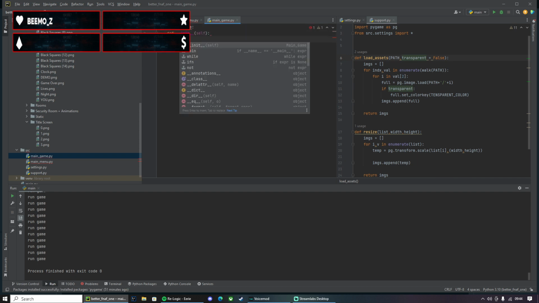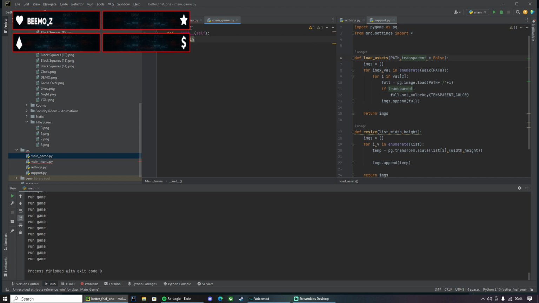Initialize self.win equals pg.display.get_surface. And I need to import Pygame. Nope, I don't import custom. Import Pygame as PG. PG.display.get_surface.